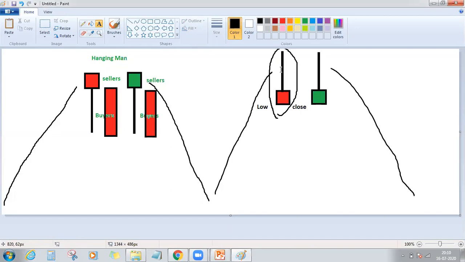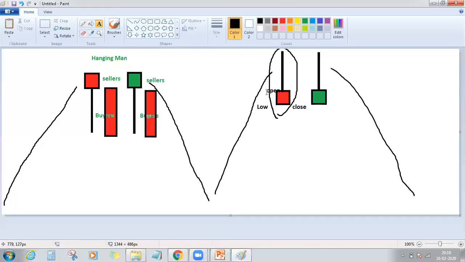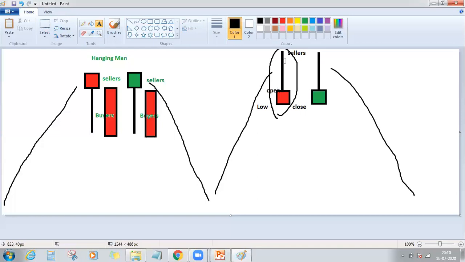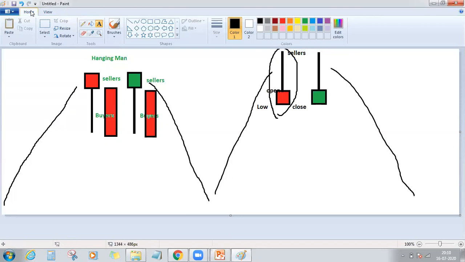So what is the psychology on this particular day? All those buyers who existed here in this rally, on this particular day, price opened here and they started trading the stock at the upper prices. Now, sellers were ready only here. They waited until the price came into their zone and they aggressively started bidding down the prices. So here this fall is because of sell at market prices. And when the price was going higher, that was because of sell limit orders.